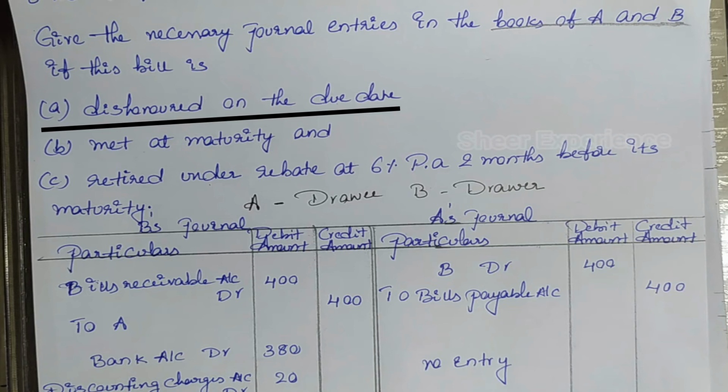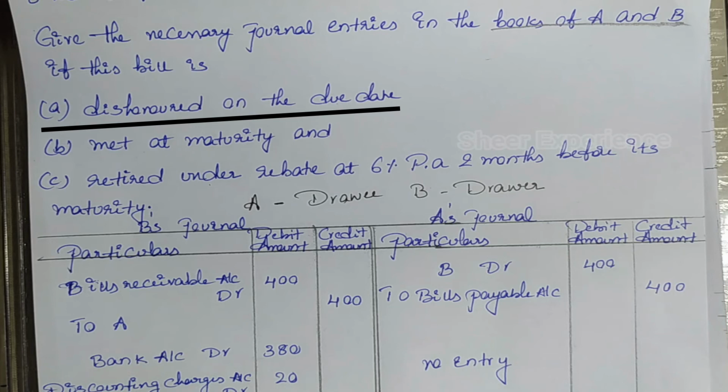But here the bill is discounted with the bank by the drawer B. So instead of crediting bills receivable account, we need to credit bank account because B has discounted the bill and now the bill is dishonored. So B has to return the bill amount back to the bank and later he will collect the amount from A. Whatever entries we have made till discounting of the bill remain as they are, and we need to consider the different scenarios after the bill is discounted and make the entries in both A and B's books.